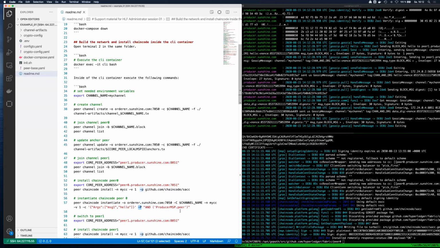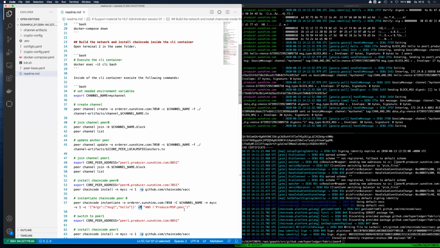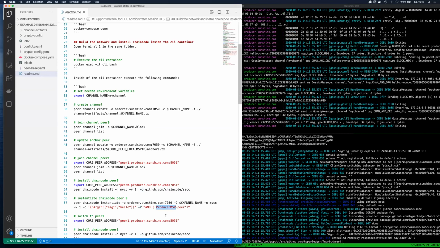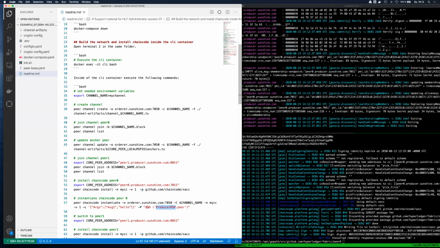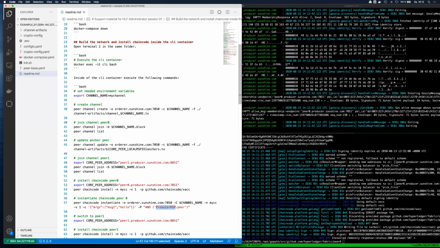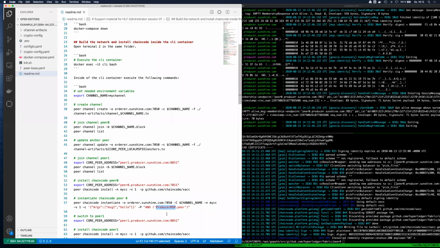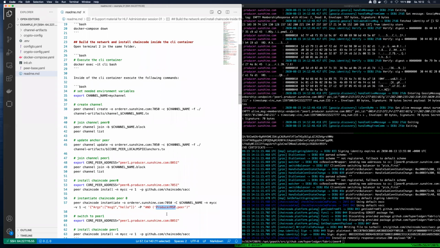That's another interesting topic. But for our scenario, we have only the producer organization, so we only have to say, okay, one. This means that only when the producer MSP, the producer organization, says this transaction is valid, then the